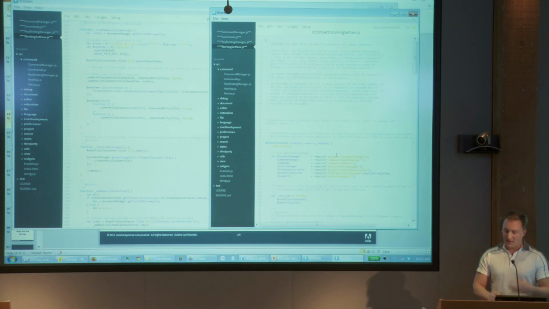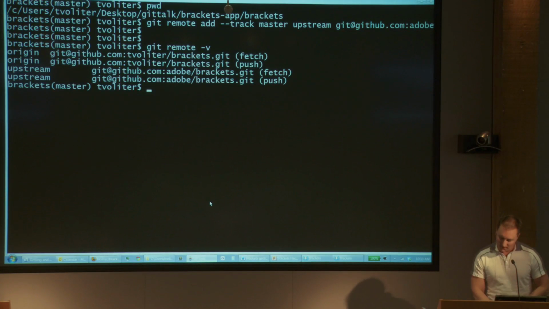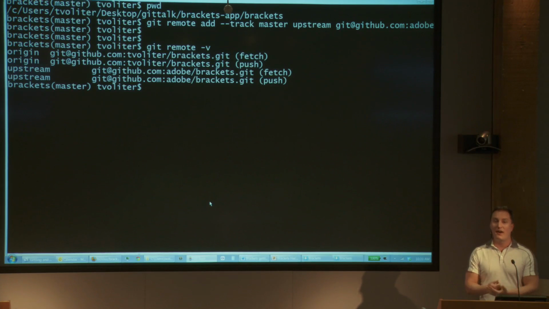So I've made this change. Let's assume this was some cool new feature I've been adding to Brackets, or maybe it's a bug fix that you guys wanted to submit back to the main repo. So how do I contribute? Let me go back to my command line here. The first thing that I need to do is, I've edited some code, but I need to create a branch to put it in, and then I'm going to do what's called pushing that branch up to my